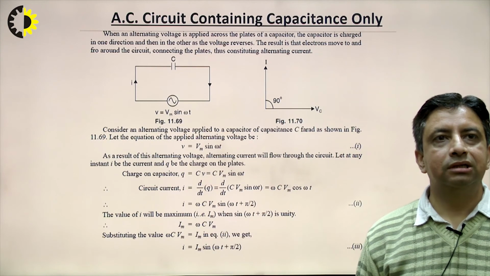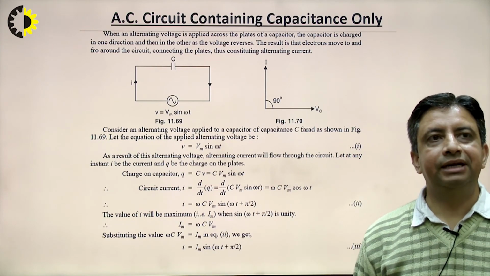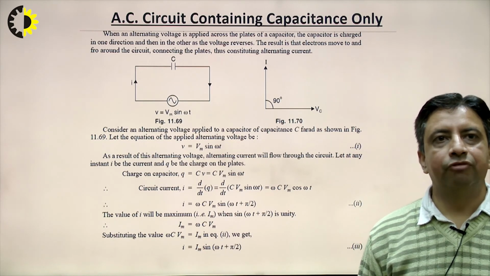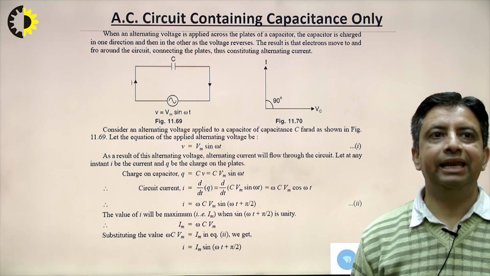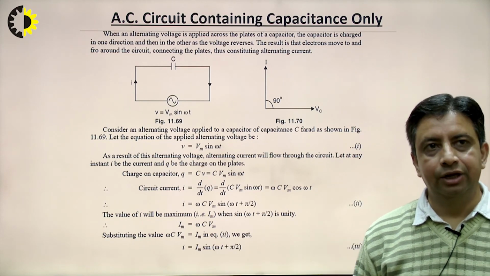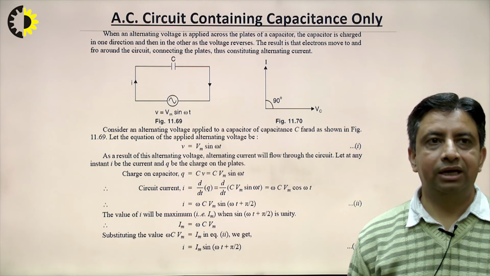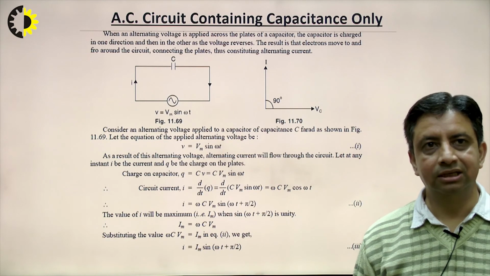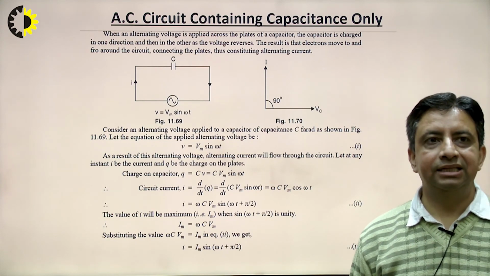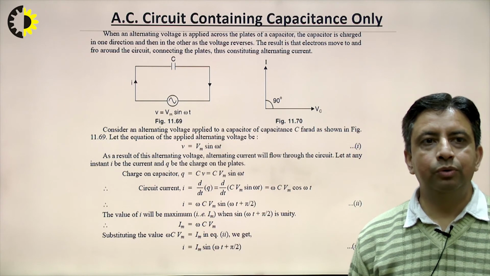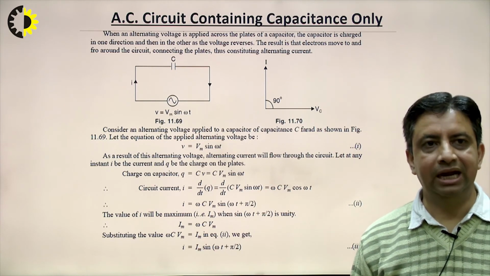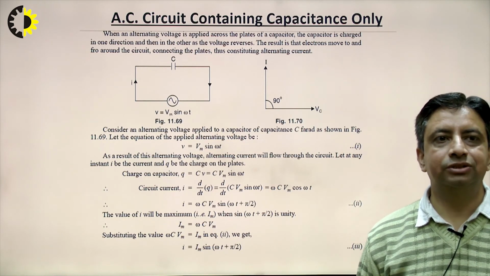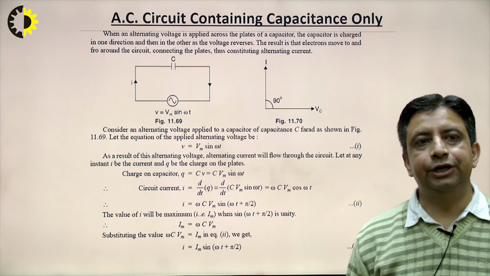Now, coming to the third element, that is capacitance. So, we will see how the circuit behaves for a purely capacitive circuit. Now, again if AC voltage is applied to a capacitor, in this particular case the current will start to flow as the capacitor will start to charge. So, this current will be equal to dq by dt. We know that current is the rate of flow of charge. So, we know that this charge q will be equal to C into V.